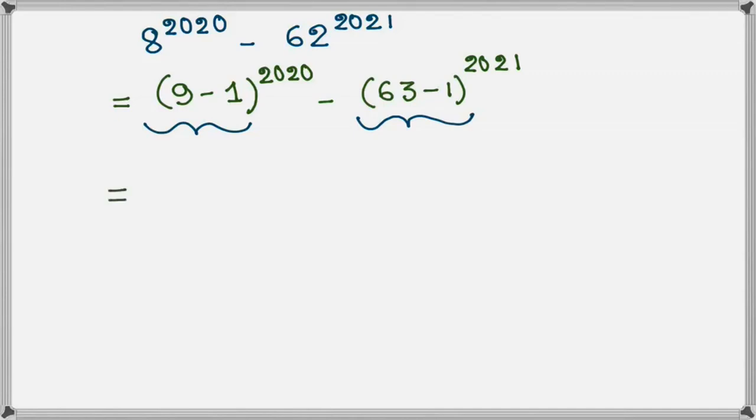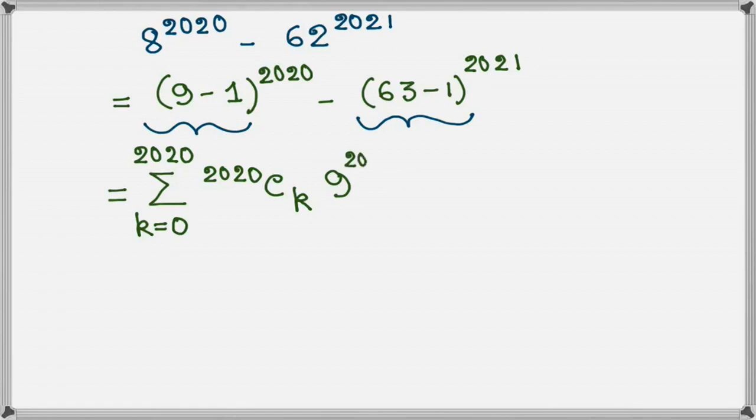So this is equal to sum running from k is equal to 0 up to 2020 of 2020Ck 9 to the power 2020 minus k into minus 1 to the power k, and this one is sum running from, let's say, r is equal to 0 up to 2021